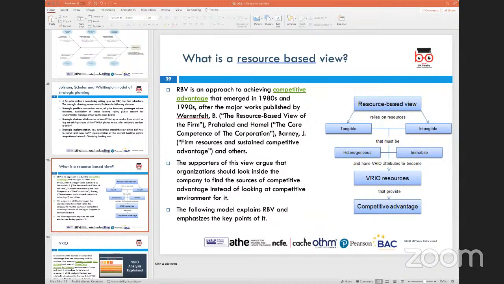Now, this was introduced as a managerial framework which is useful for managers within the organization to determine whether they have adequate resources to be able to produce goods and services required to fulfill demands of customers in the market. And the use of these resources provides a competitive advantage to the company in producing these goods and services. Now, when we look at resources, there are a lot of